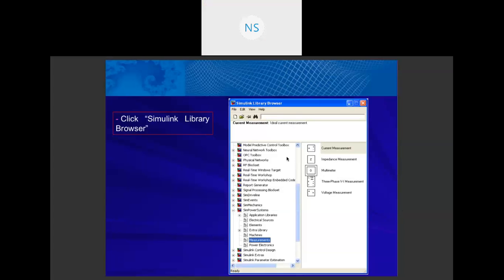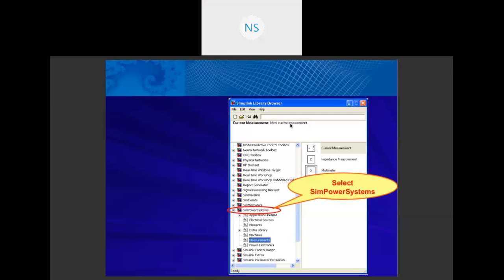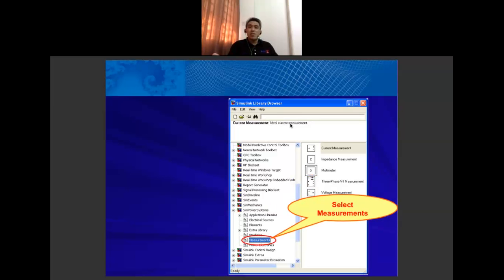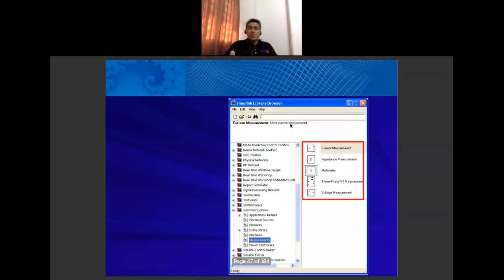Go to the Simulink Library Browser, then select Sim Power System, then select Measurements. Once you select Measurements, it will show current measurement, impedance measurement, multimeter, three-phase voltage and current measurement, and also voltage measurement.